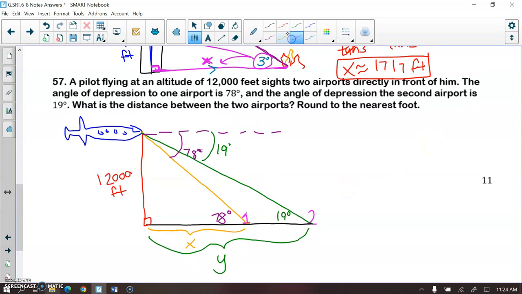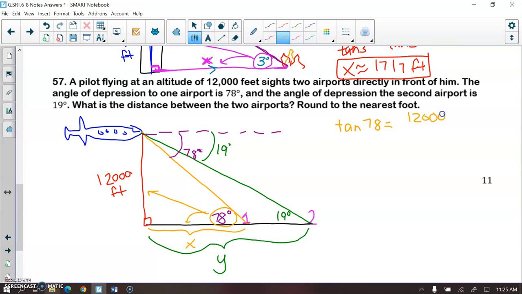So looking at my yellow triangle, using the 78-degree angle, I have the opposite. I'm trying to find the adjacent, that's tangent. So the tangent of that 78-degree angle is equal to